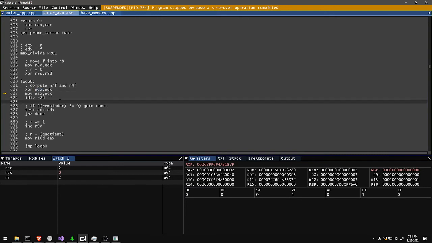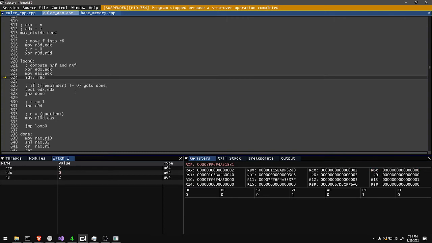I guess this could be the infinite loop actually right here too. So let's take a look at this. Max divide, we divide by R8, that's a 2. EDX gets cleared to 0. EAX got 2, which is the n. We do the divide, and n turned out to be a 1, remainder of 0. If the remainder is not 0, it is. So we can do 1 divide, and